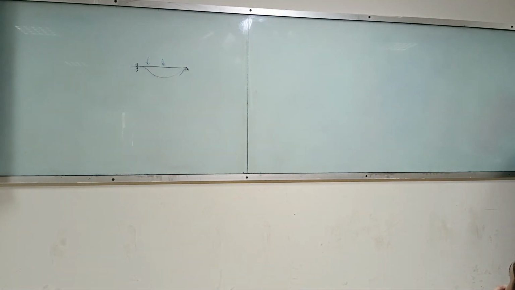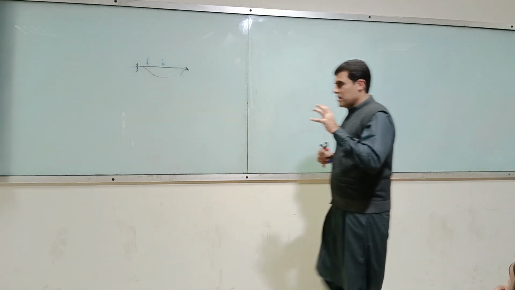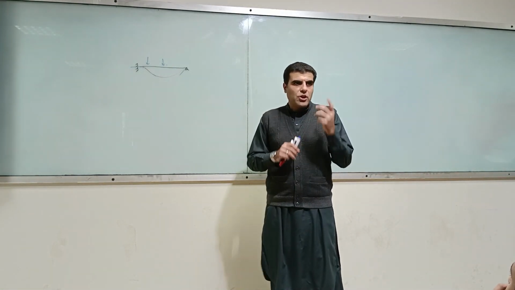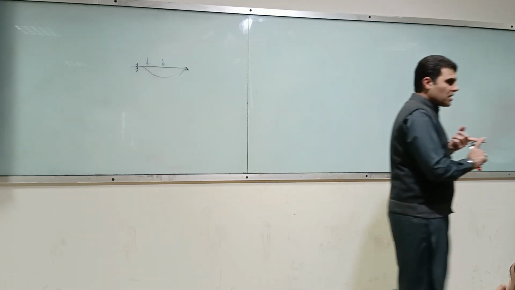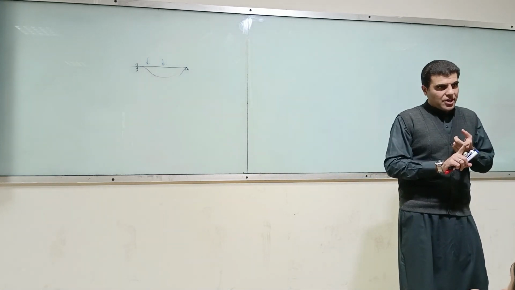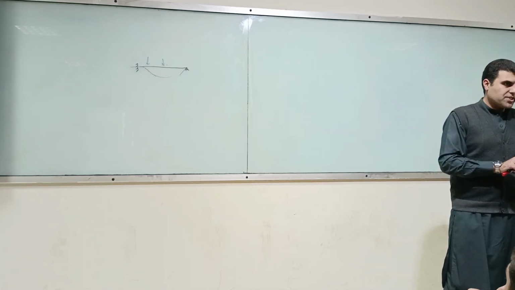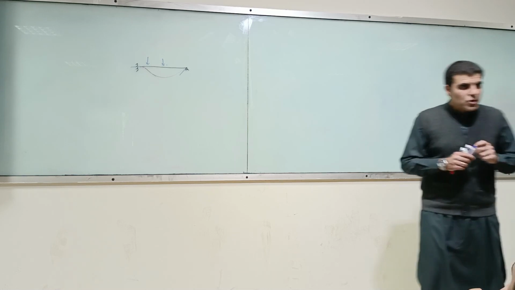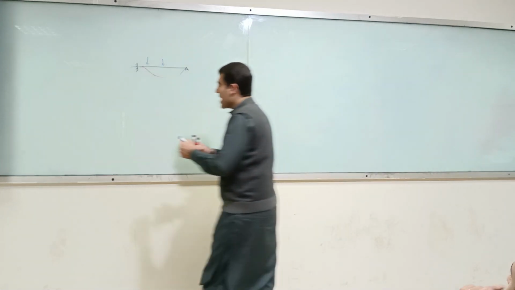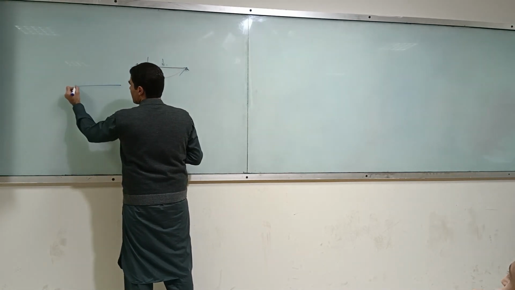Now, one thing in stability which I wanted to discuss. In the case of stability of a structure, we can have two scenarios. One is partial restraint, or you have improper restraint. So what do we mean by partial restraint? By partial restraint, we mean that you have, for example,